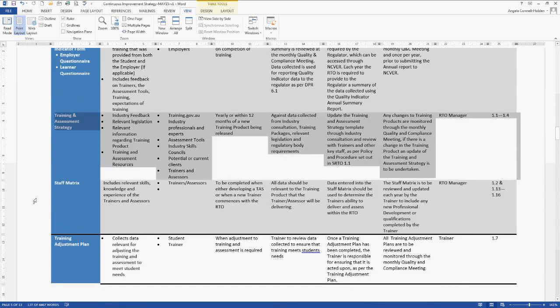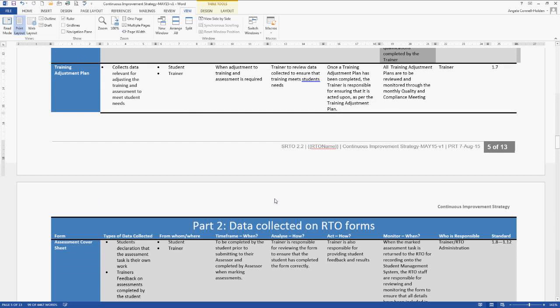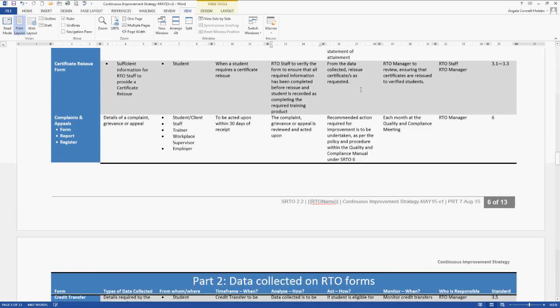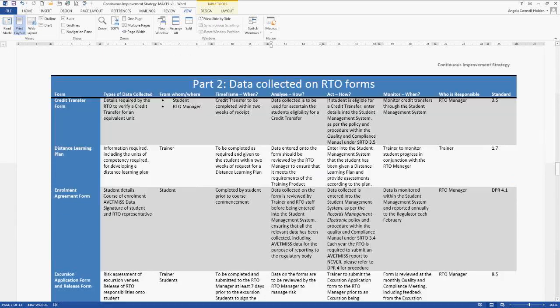So as you will see, there is a number of forms that we've got in here, which is pretty much all the forms that are included in our package. So I recommend, and this is what I recommend to all of our clients, before you go to audit, or as part of your process of reviewing this package, that you review this continuous improvement strategy on all of the forms, and you'll get a much better understanding. It's also a great form to distribute to new staff so that they get a good understanding of what data you're collecting and why you're collecting that data and how we use that data to improve the practices throughout the organisation.